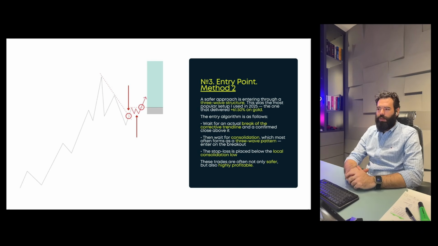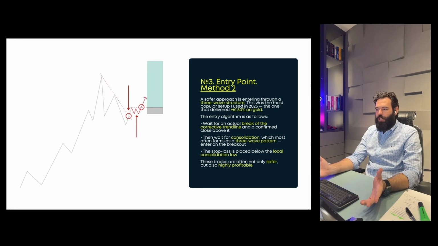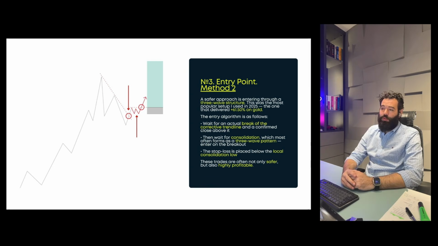In this case, the stop is set behind the low of the local consolidation. And essentially, that's the whole trade. And often, such trades turn out to be not only safer, but also have a higher profit-to-risk ratio than all